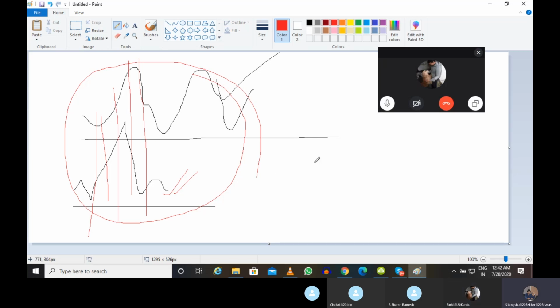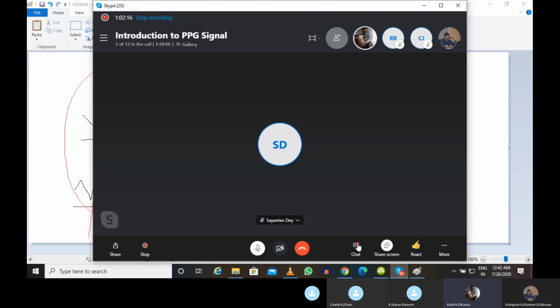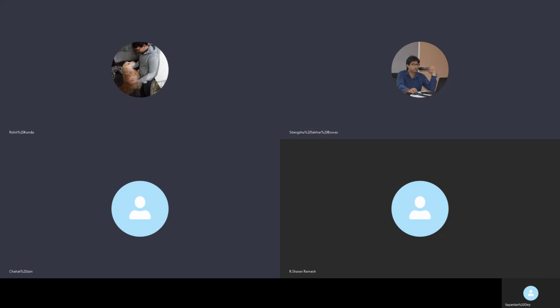Now you take, say, Chahat's PPG signal, import it and generate this signal. For training we'll use one PPG signal, and for testing we'll use another PPG signal to generate an ECG signal.